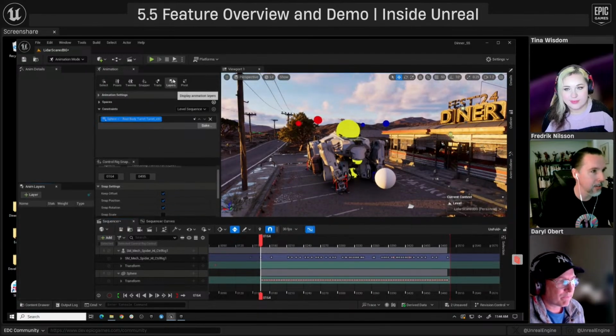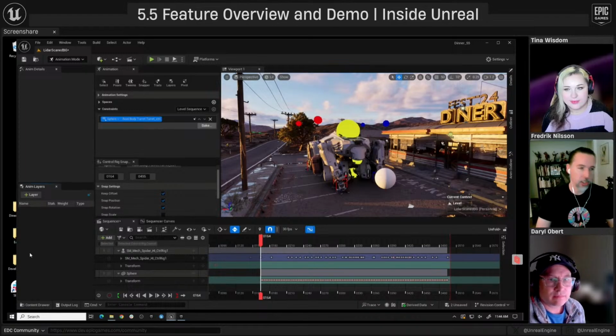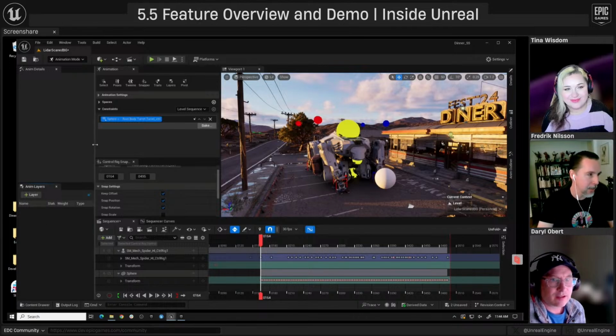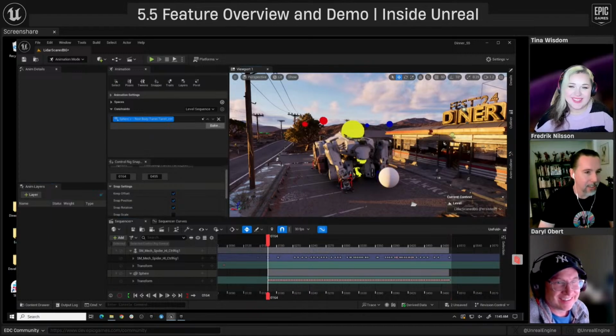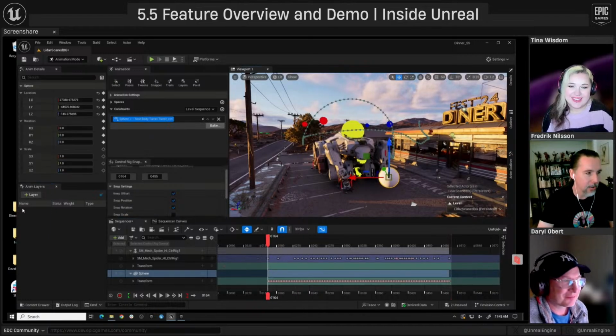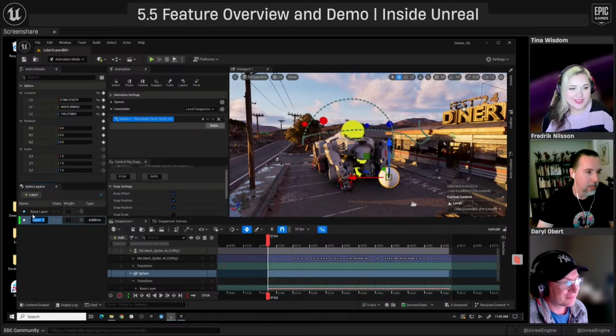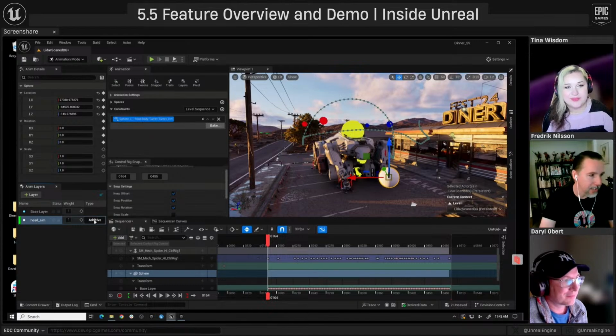I click here, this layers icon, which brings up a new little window, which is an animation layers window, which should seem very familiar for any of you animators out there who have used things like animation layers before. Hey, so what I'm going to do is I'm going to take this sphere, and instead of creating a section, I'm going to create an animation layer. All I do is I select something and I click this plus layer sign, and it will add the selected object to a new layer. I can say head aim or something. By default, it's additive, but I could also change this to override if I want.